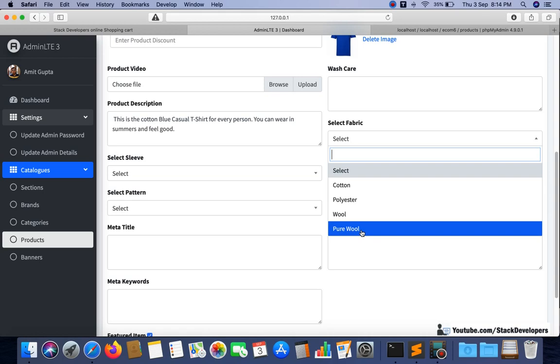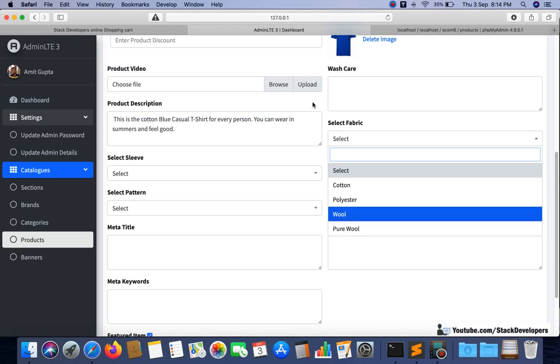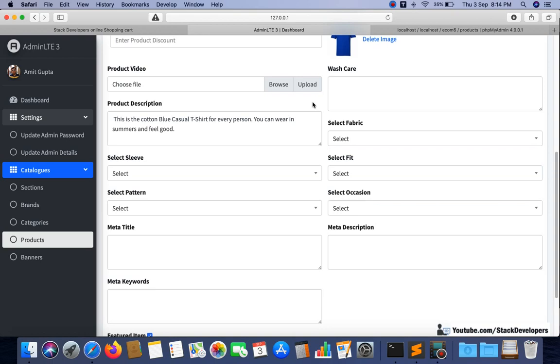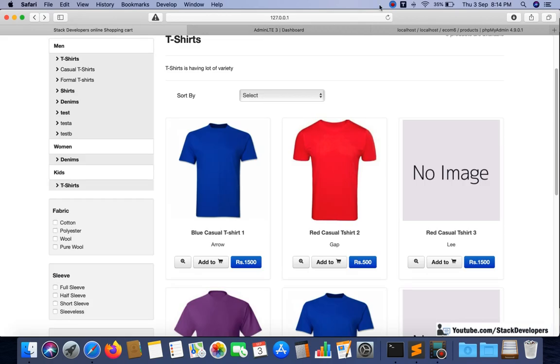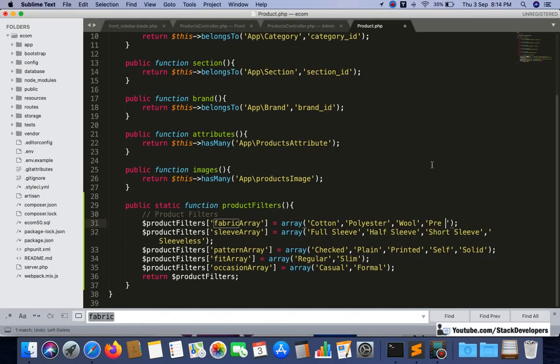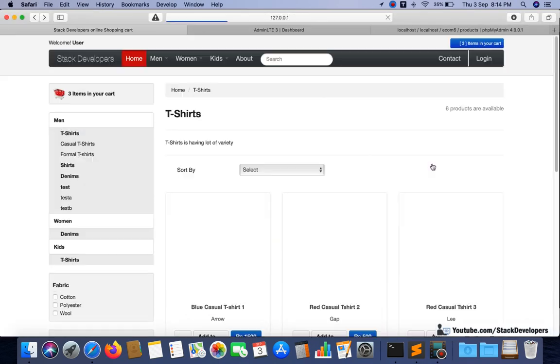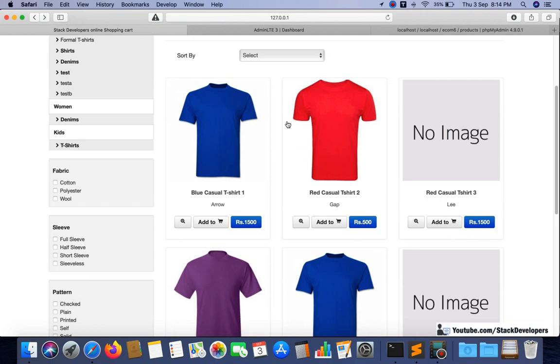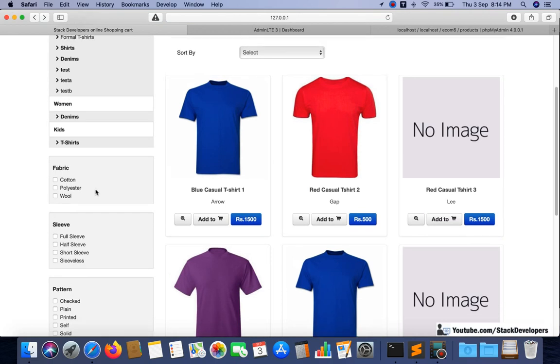So this is the advantage of using the common functions in the models. You can declare them and you can use them in your complete website. It's really a good way so as not to redeclare or reuse your code again and again. Okay, so you can do all this stuff at your end, and then you can try all this. And in the next video we are going to display these products with the help of these filters.